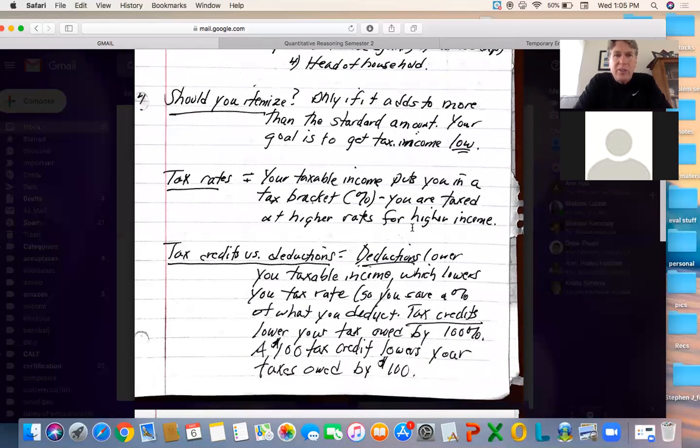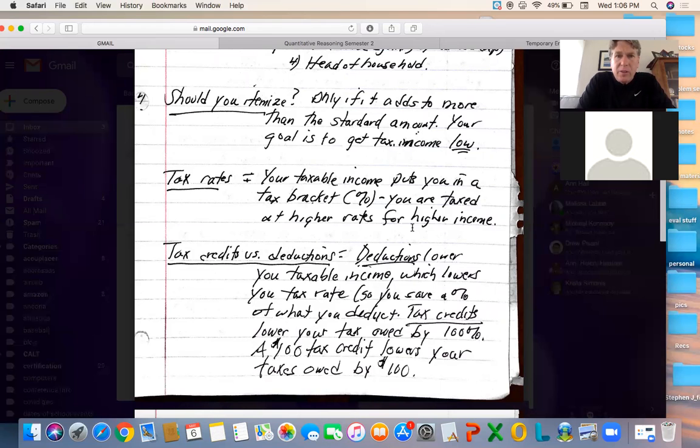Next question is, when should you itemize when you choose your deductions? Remember, your goal is to get the taxable income as low as possible. So we want to itemize only if we add up all the things that we would list as deductions and we get an amount that is higher than the standard amount. By having a higher than the standard amount, we're deducting a larger amount of money, which gets our taxable income